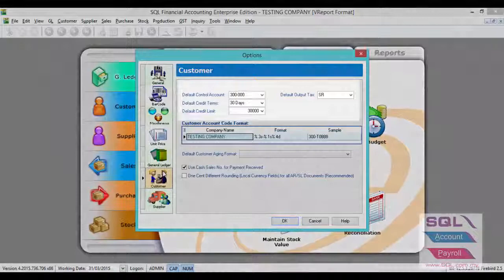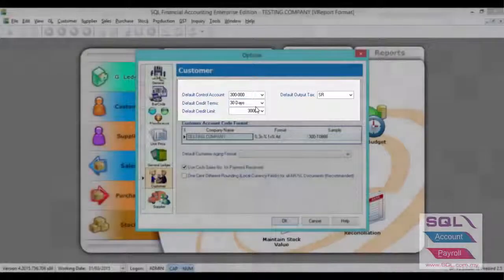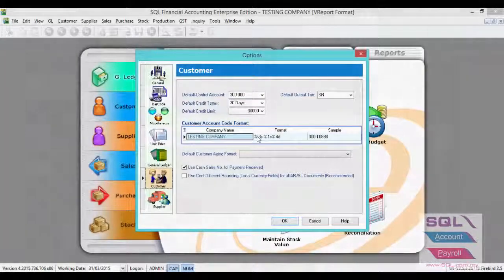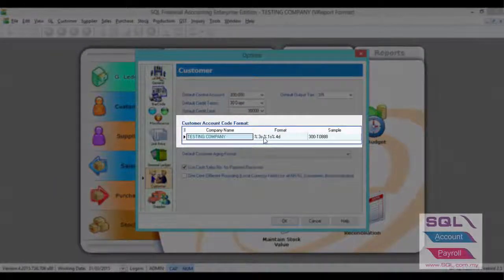Let's go to customer. You can also set your default control account, default credit terms, and also default credit limit. All these are the default settings in maintain customer. You can also change your customer coding. Let's say our default format starts from 3 digits. 3S which means 3 digits